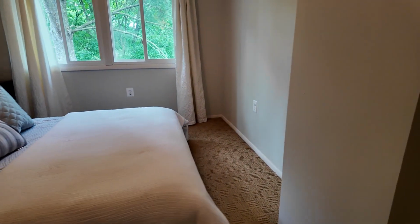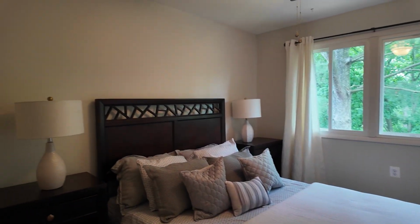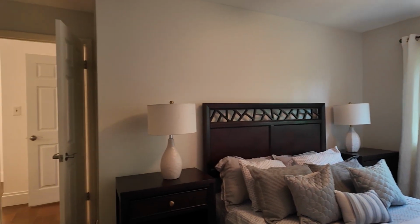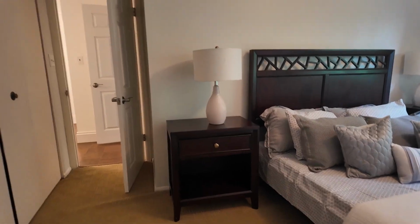This has a little bit bigger closet. The other one has a single closet. This one has carpet. You know I love carpet in the bedroom. This is a perfectly fine bedroom. Nice big bed there. 2 oversized nightstands. Holy cow, those are big. But